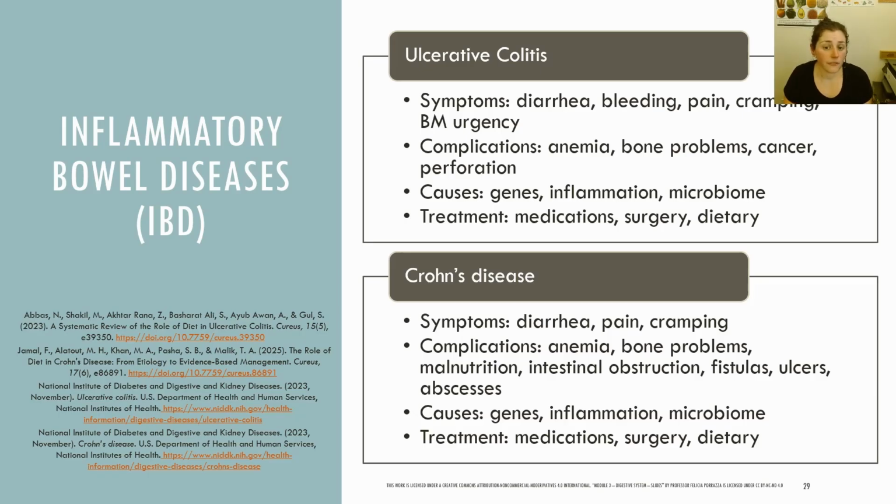Crohn's disease can affect any part of the digestive tract, though most commonly the small intestine and beginning of the large intestine. Symptoms include diarrhea, cramping, abdominal pain, unintentional weight loss, fever, anemia, joint pain, nausea, vomiting, and loss of appetite. Complications also include anemia, bone problems, malnutrition, intestinal obstruction, a partial or total blockage of movement in the intestines,